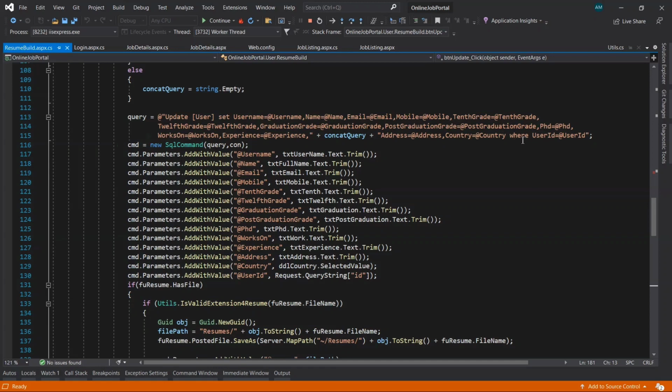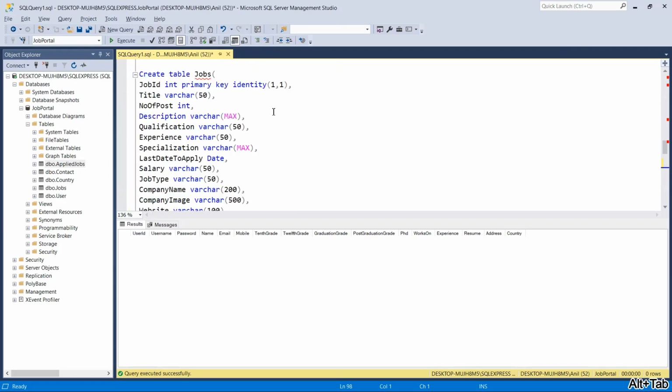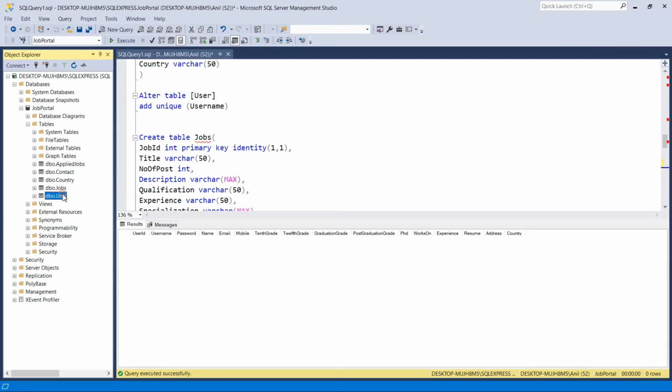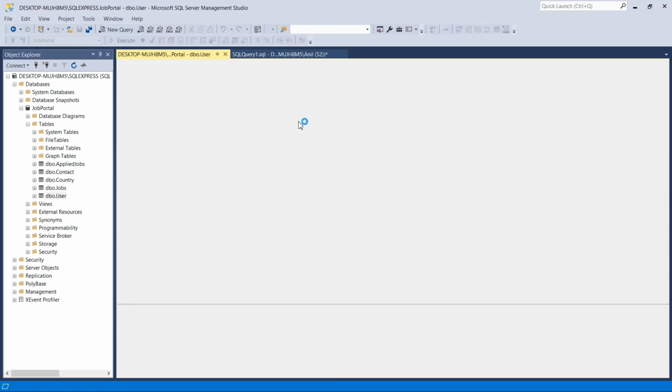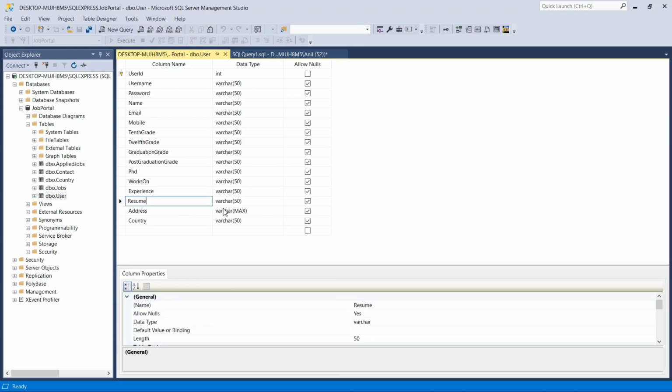It stores in the user table, so let's open our database, inside the user table, design. This column, resume, I've taken as varchar 50. Let's make it varchar max, and save it.